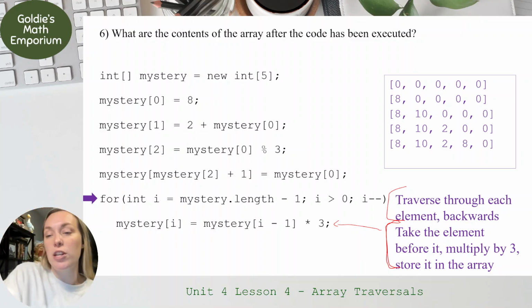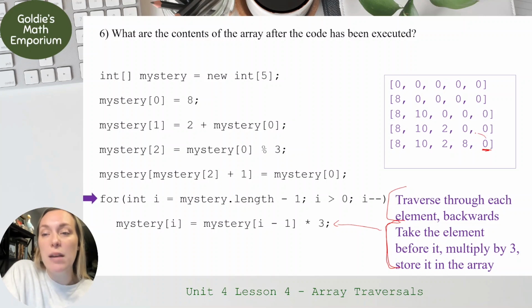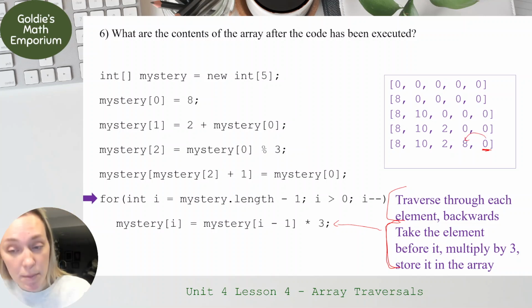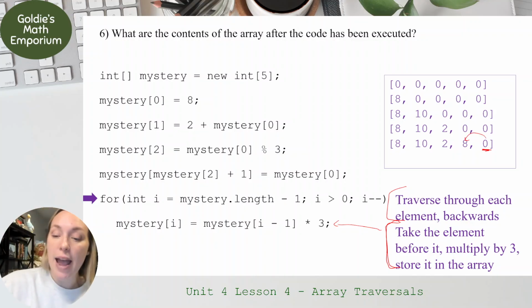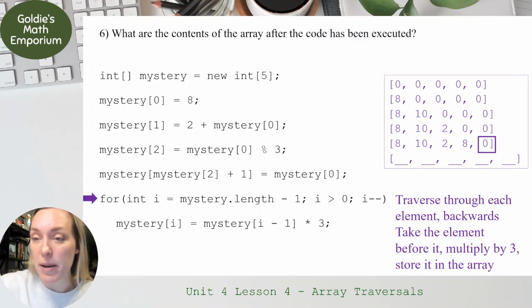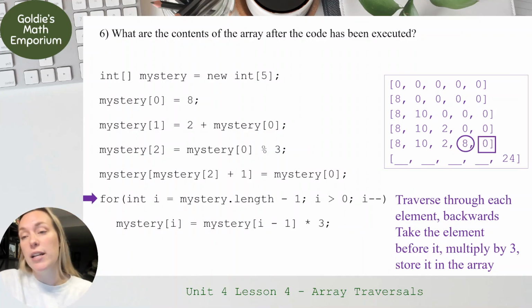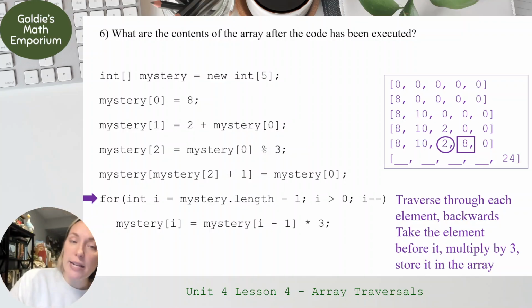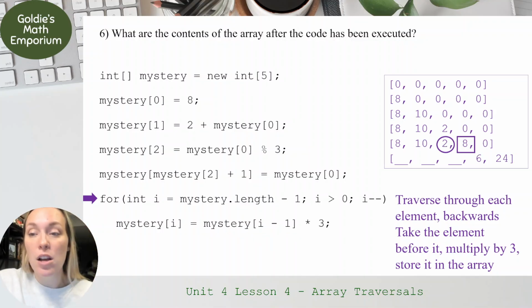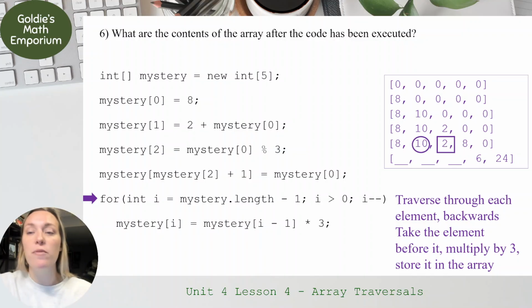Okay, so what's going to happen? So we start off with 0. Okay, take the element. What came before it? Okay, what's coming before? 8 comes before it. So take 8 times 3, which is 24, and then store it in that current element. Okay, so 24 gets stored in the current element. Perfect. Now I'm going to move through. My current element is 8. What comes before 8? Okay, what comes before 8 is 2. 2 times 3 is 6. So 6 gets stored in place of 8. Then I traverse, I move down to the next one,